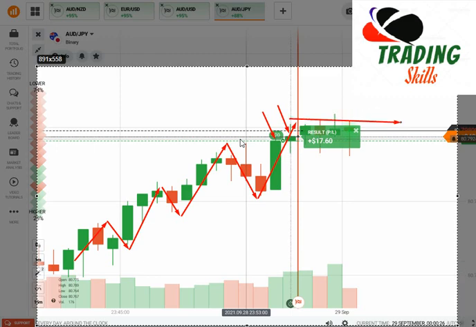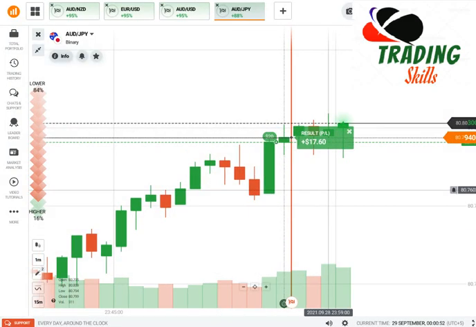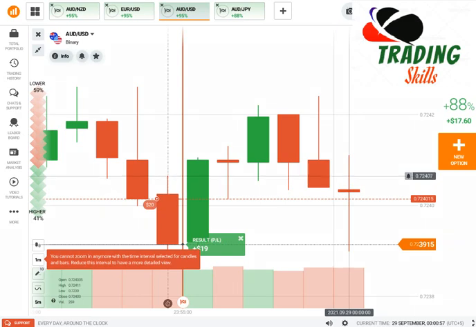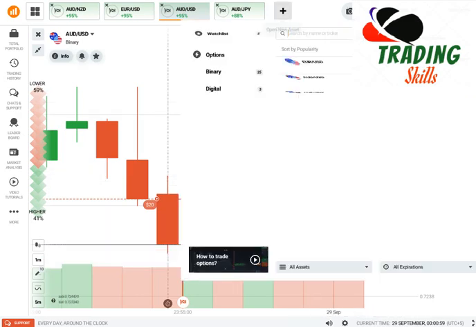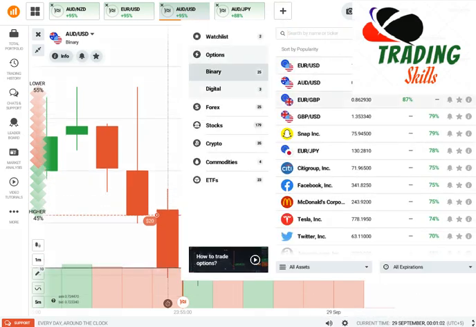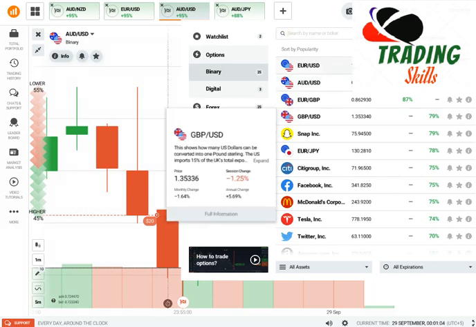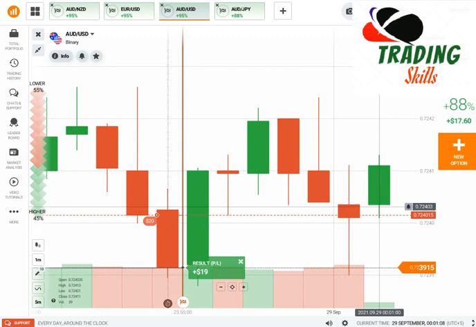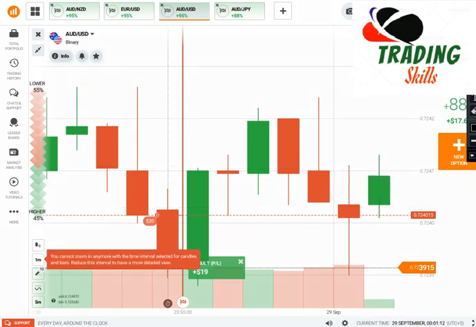So now you can see it is a ranging sector. So this is how we can easily take our trades. Now if I say that okay, after this candlestick I can expect a seller's entry, am I right or wrong? I need to take another trade. Okay, AUD JPY, I think it is. So now you can see this candlestick is a sign of continuation here,